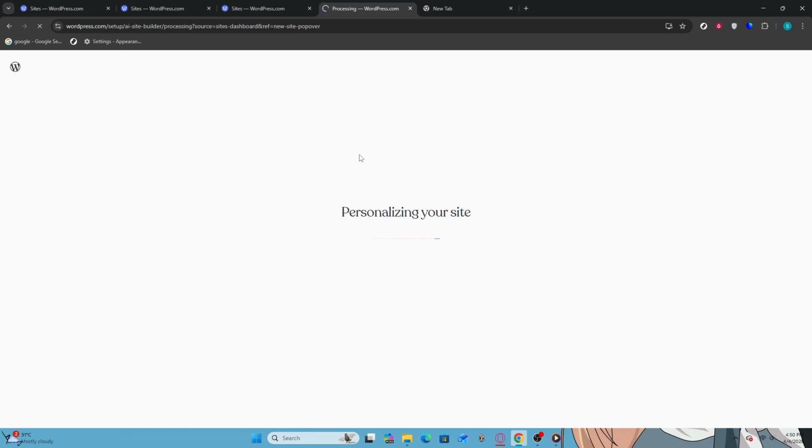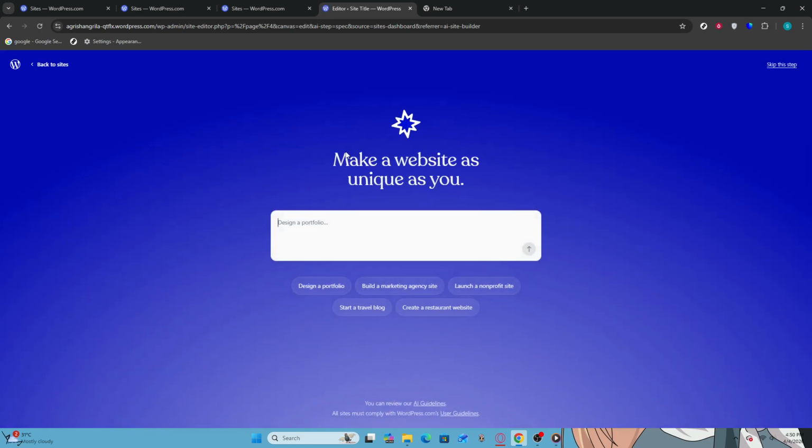After that, look for the option titled Laying the Foundations. Clicking this will initiate the AI setup process. Depending on your internet speed, this may take a few moments, so be patient while the system prepares to assist